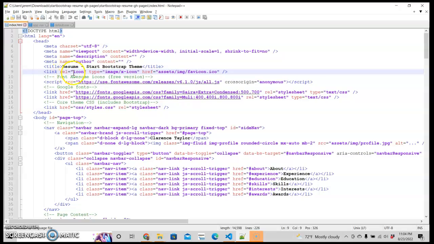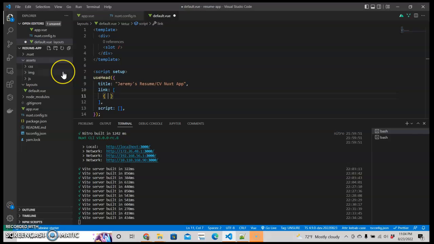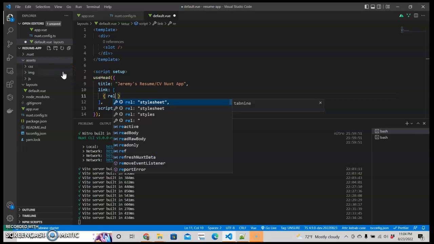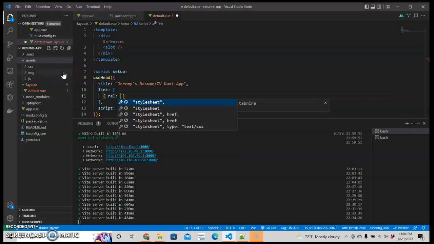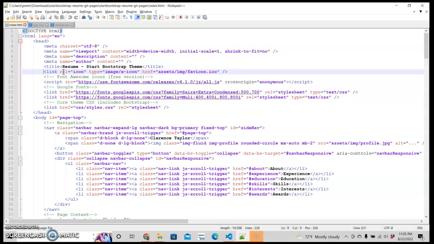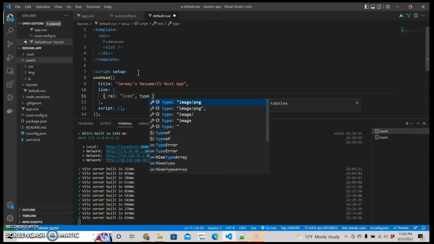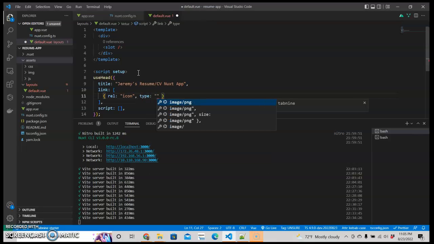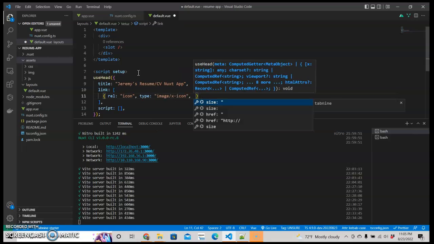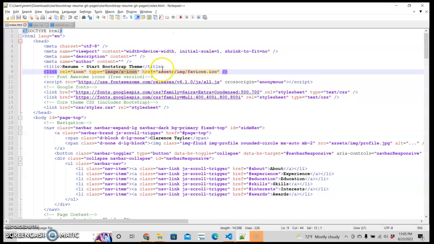So rel icon, just like that. And the next one, type, this is an image. You can put this in the public folder. We talked about that, but I'm not going to use that. I don't think you need it really, but if you prefer to do that, you can. I don't think we'll talk about the public folder here, or create it. Icon, and then